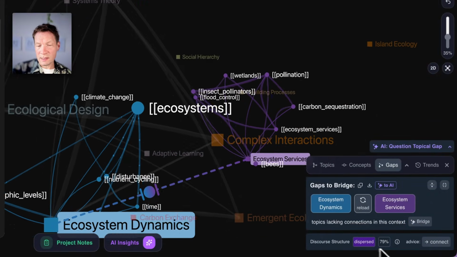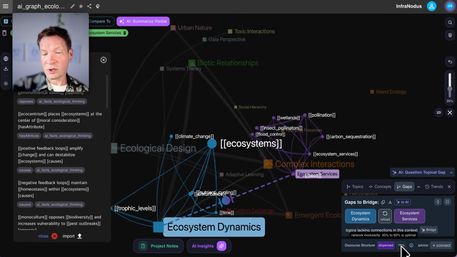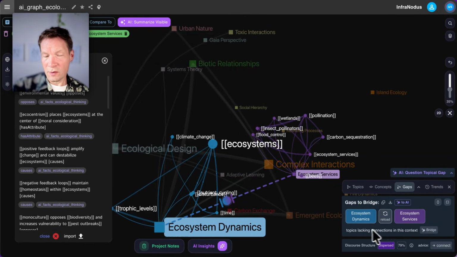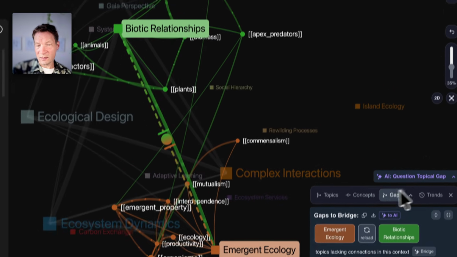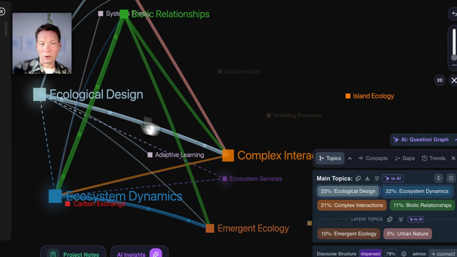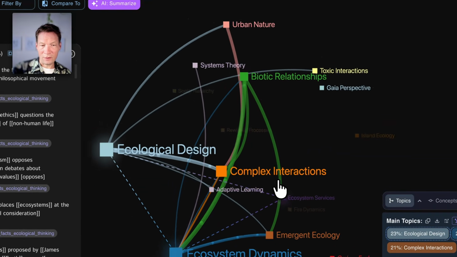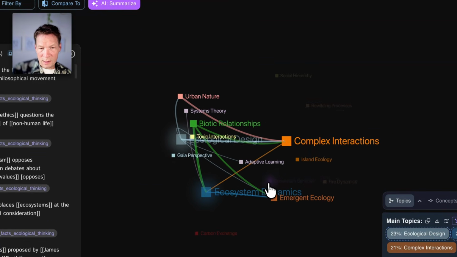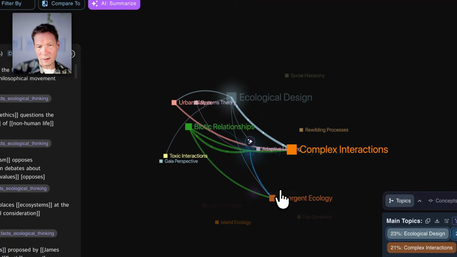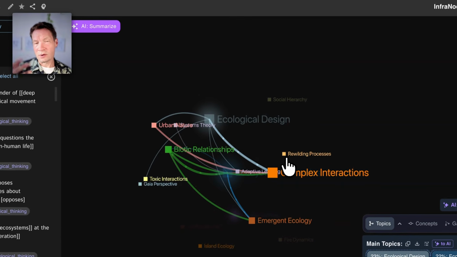As you will see, this percentage of modularity is going to go down more and more the more statements you add, until you will reach diversified structure. The graph will be optimally connected. You will have a lot more concepts, a lot more connections in the graph. You will have less of those dispersed clusters that you have here, and then gradually, once you reach the end, so to say,